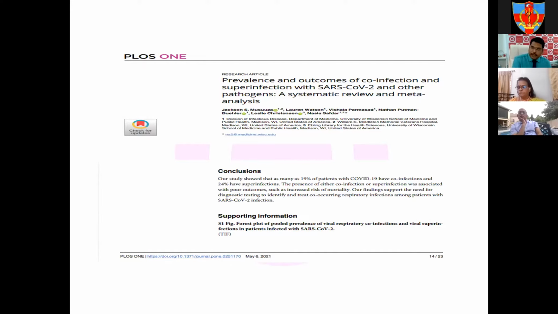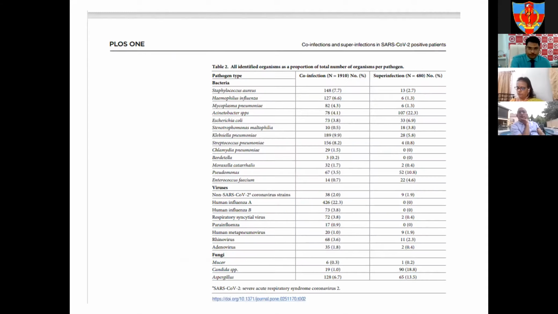And most of this data, as I told you, is from China, US, and Europe, and it's adult-based data. It is predominantly retrospective cohort series, and you have all this patient data from ICU as well as non-ICU settings. If you split that, co-infection is something, as I already alluded to, that is already there or has just come along with COVID-19. And if you have to split this up, what are the infections that can come along with COVID? It can be bacterial infections, viral infections, or fungal infections.